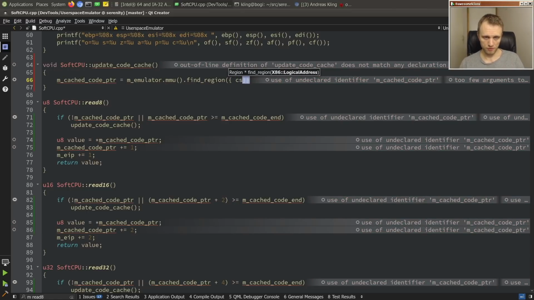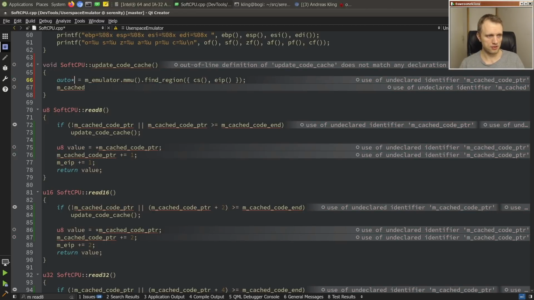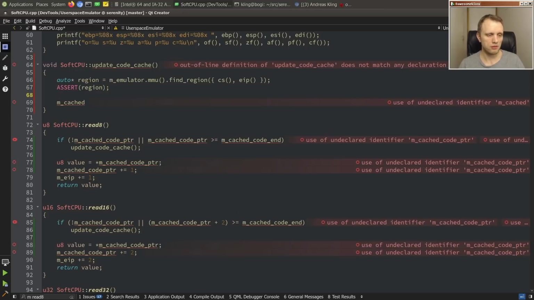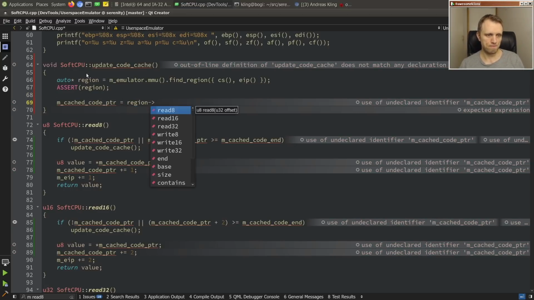So first we ask for the region that we're in, and then we assert that we find a region, because I don't want to deal with the case where we don't right now. And then we just ask the region for a cacheable pointer